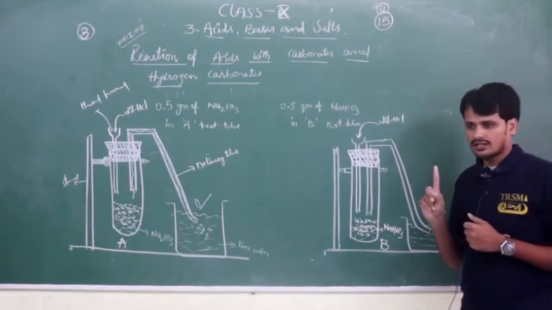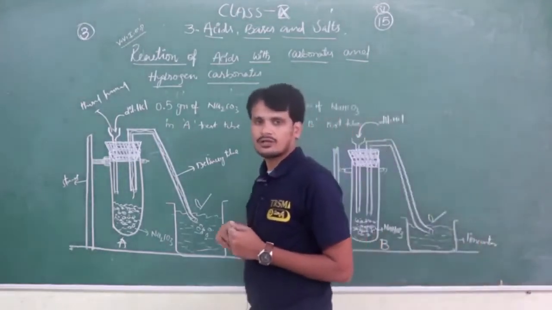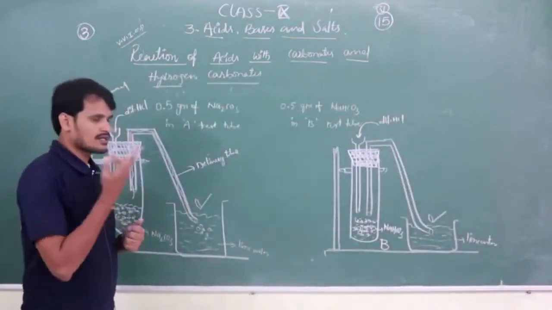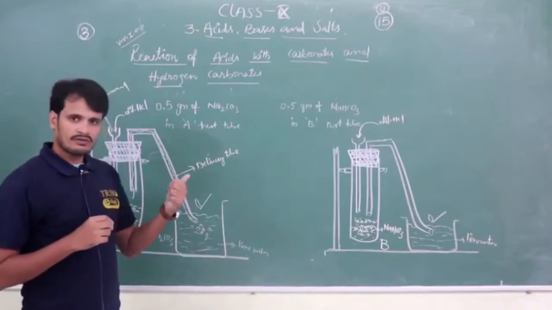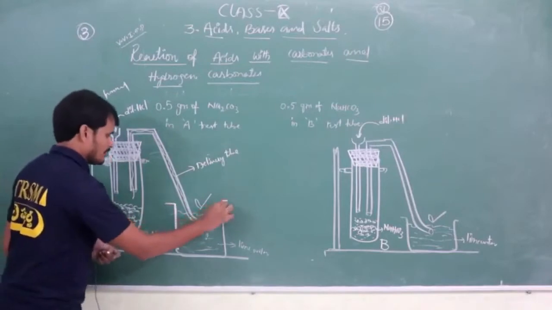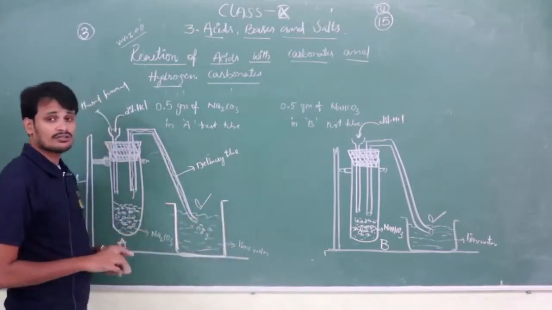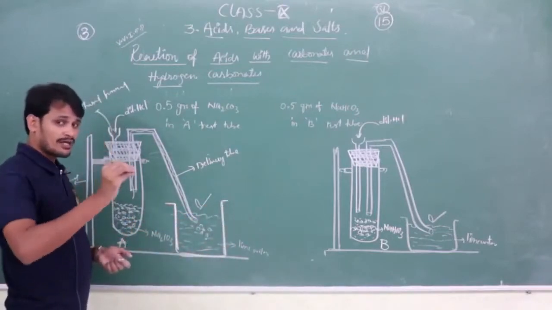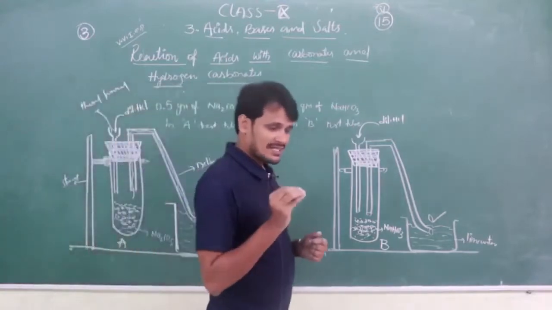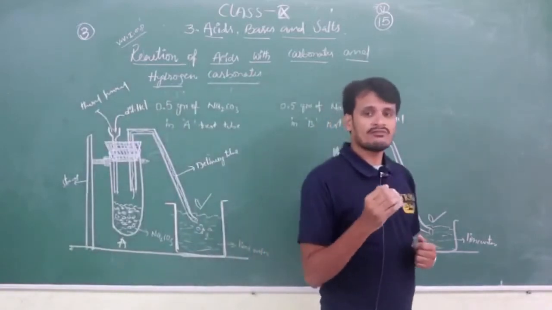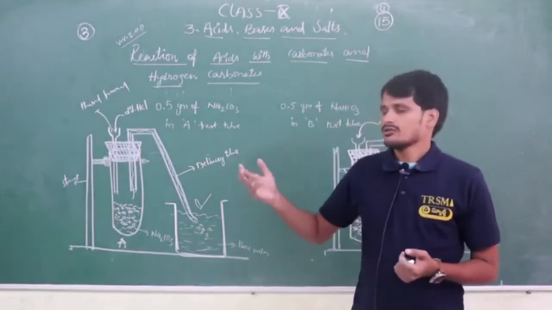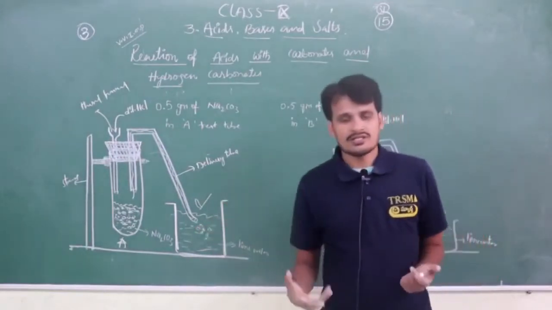Remaining two gases are there. What are they? Carbon dioxide and nitrogen. So again we have a doubt. Even nitrogen puts off the flame, and carbon dioxide also puts off the flame. We are having doubt between them, so as an alternate I am taking lime water. Whenever carbon dioxide gas enters into lime water, it reacts with the lime water, showing a milky white precipitation. So nothing but the lime water turns milky white.